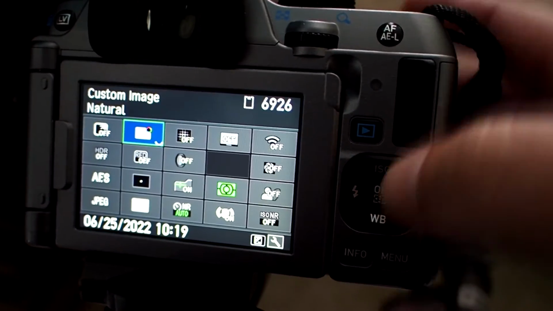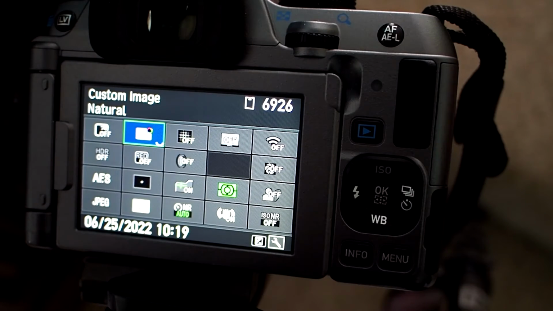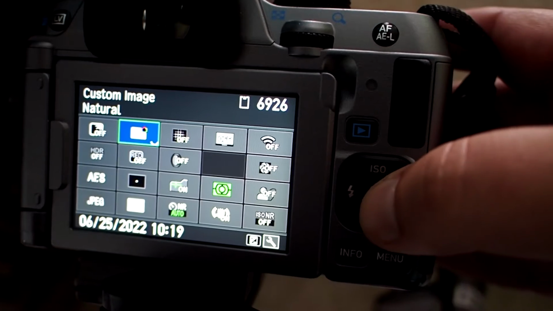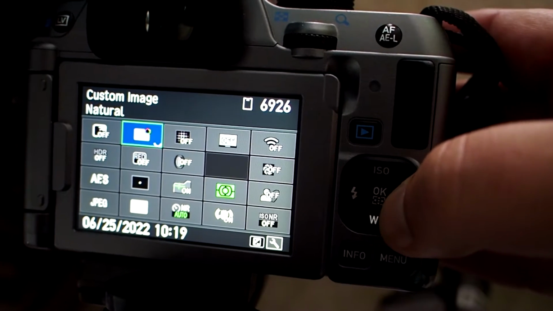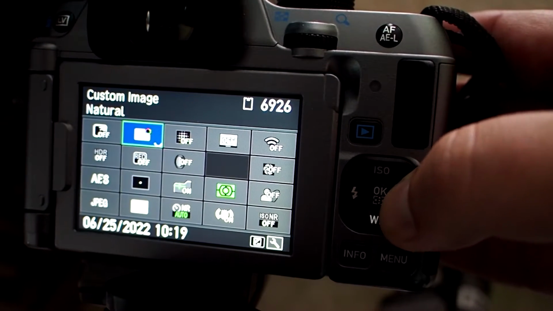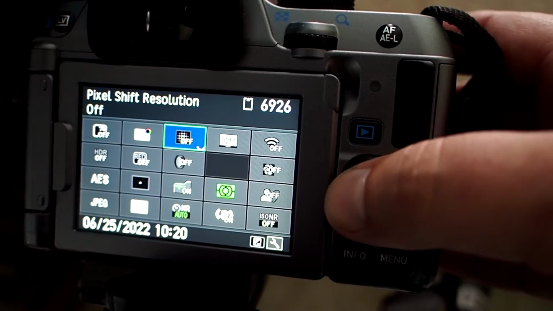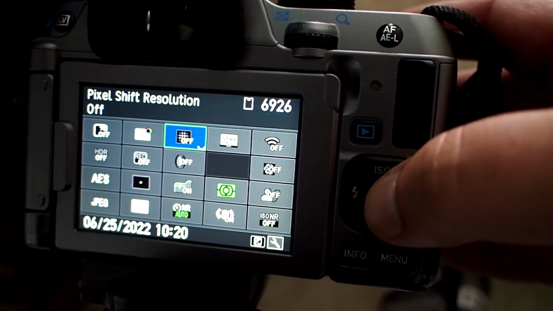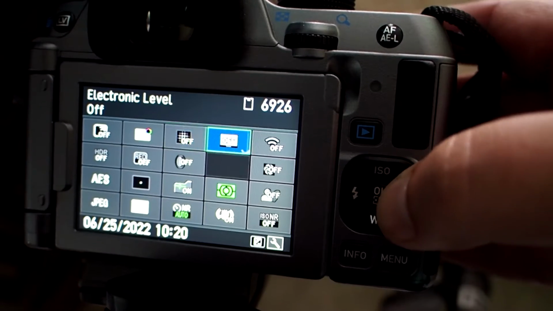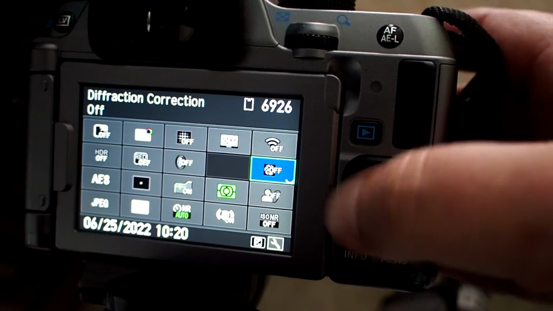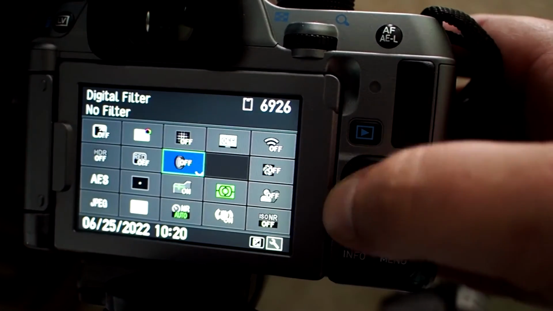Outdoor view setting, custom image. I always set mine to natural. This is more of a flatter tone, so you can change stuff in post-production if you wanted. Pixel shift, that's the high-res image. It'll take a couple of pictures and make a higher-res image. Electronic level, you've got Wi-Fi, diffraction,